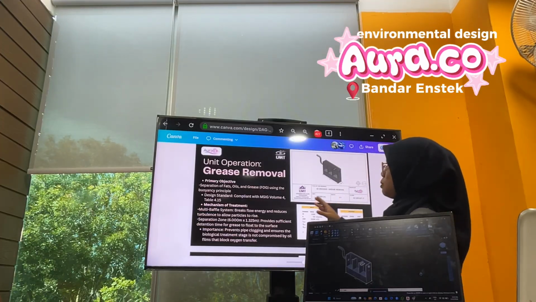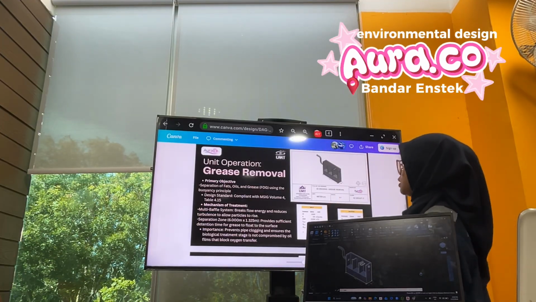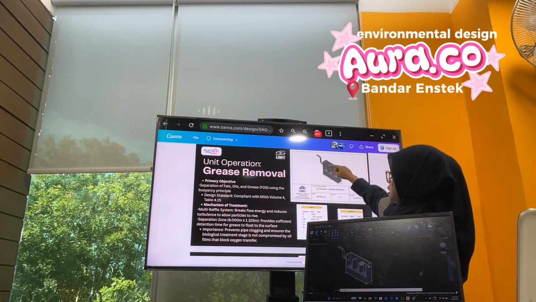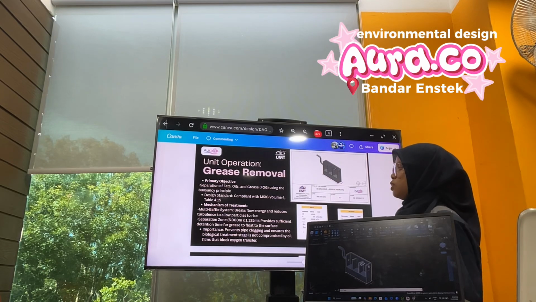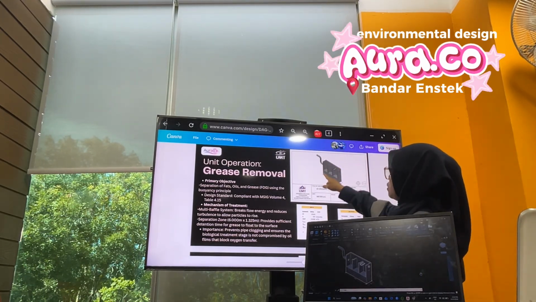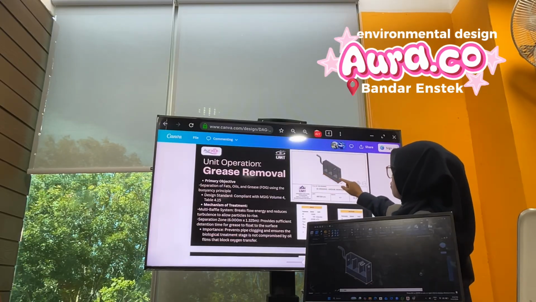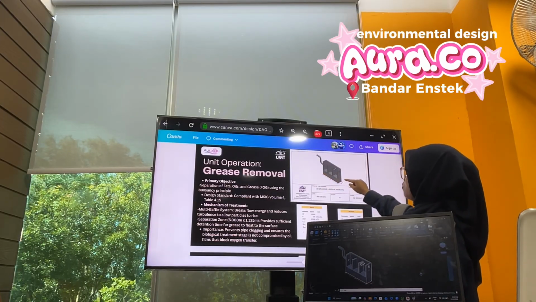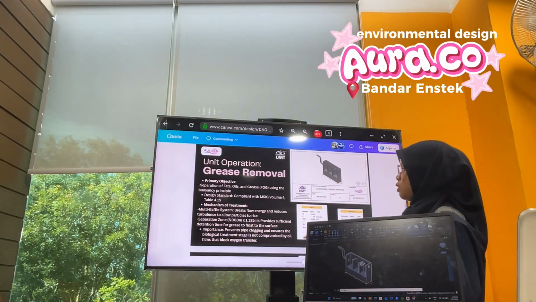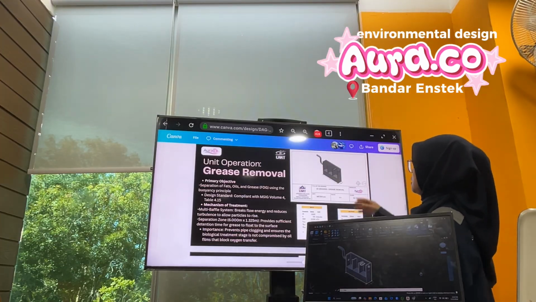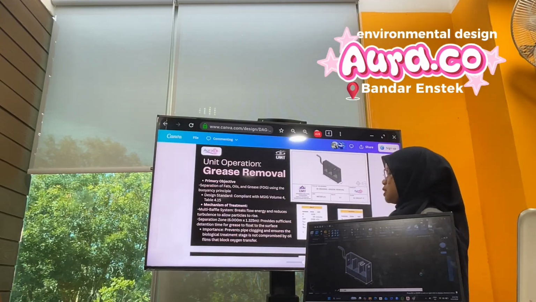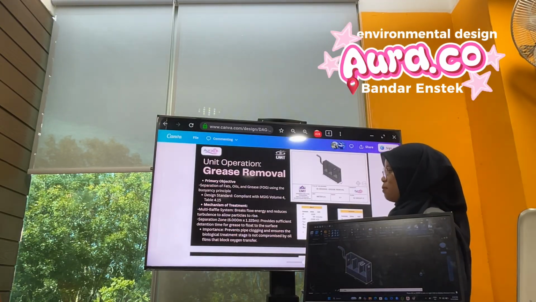For this grease removal, the mechanism of treatment is the multi-baffle system. The function of this multi-baffle is to break flow energy and reduce turbulence to allow particles to rise. For the length we use 6 meters and for the width 1.35 meters. This provides sufficient detention time for grease to float to the surface, and the grease remover is important to prevent pipe clogging and ensure the biological treatment stage is not compromised by oil films that block oxygen